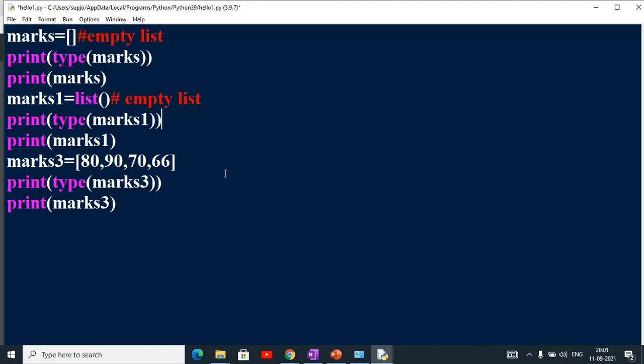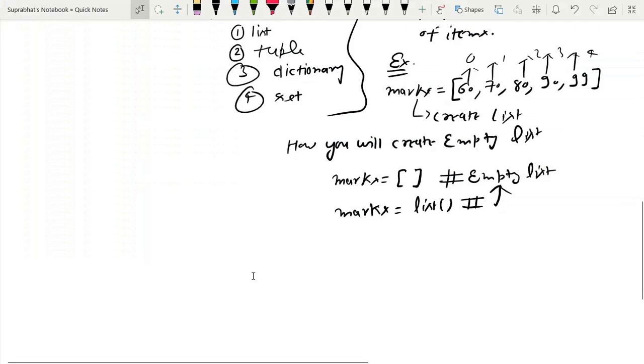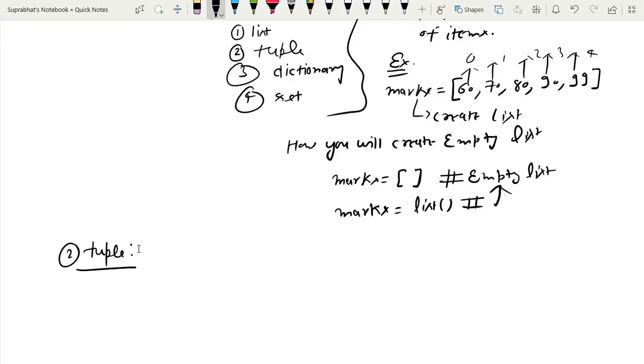Now the second topic that I am going to cover is tuple. Okay, now let's make it clear to everyone. Second one is tuple. A tuple is also an ordered sequence of items, but it is